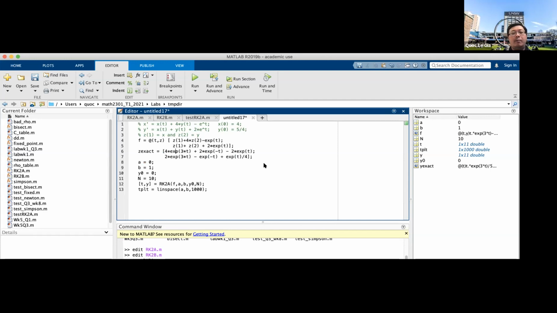Okay, I want to plot the exact solution as well. Because this function depends on t only, you can define this anonymous function. It takes in only one variable t, but it gives two outputs, I mean two rows of output. The first one is a function x, and the second one is a function y. Okay, so now I'm going to